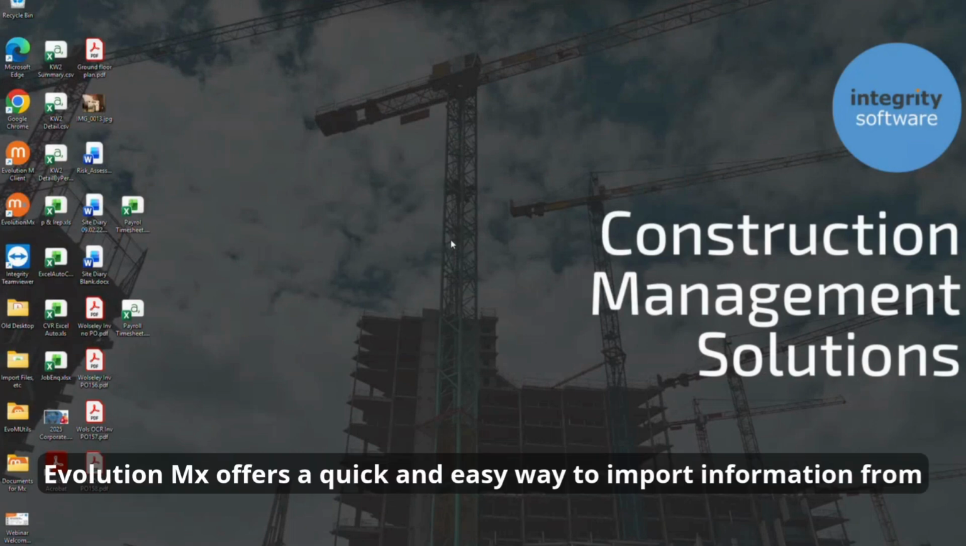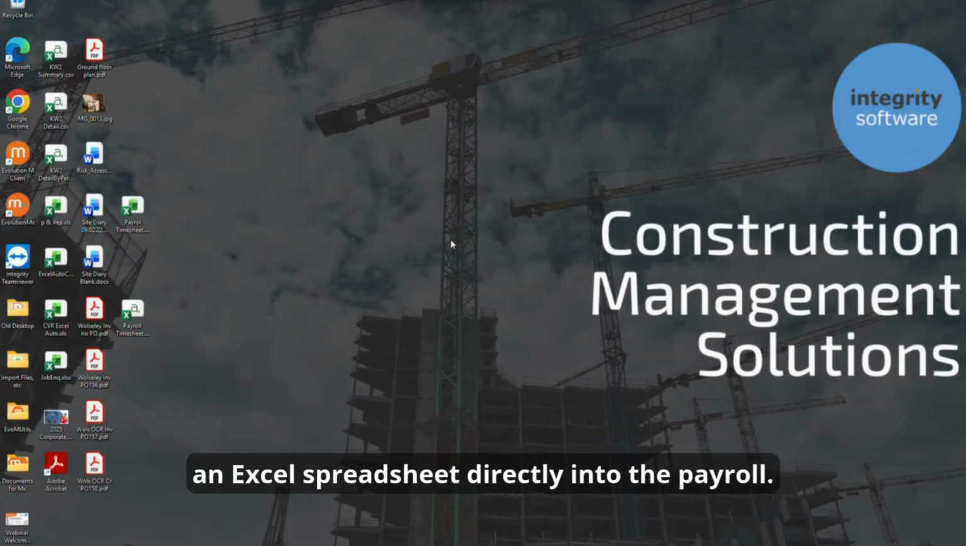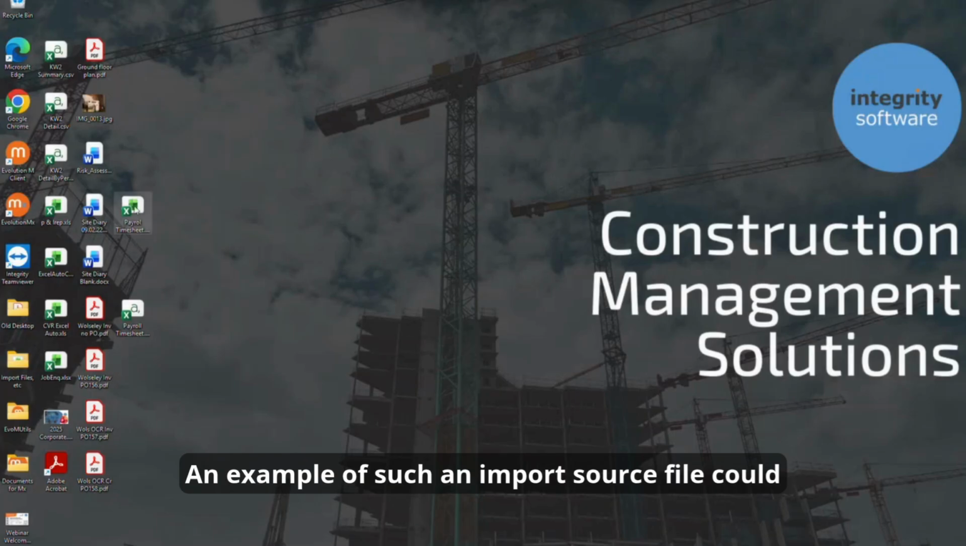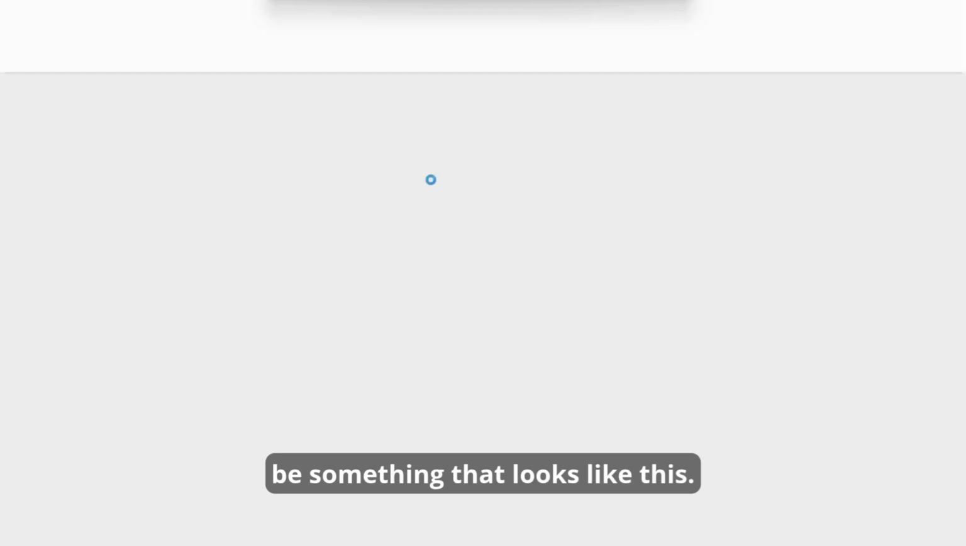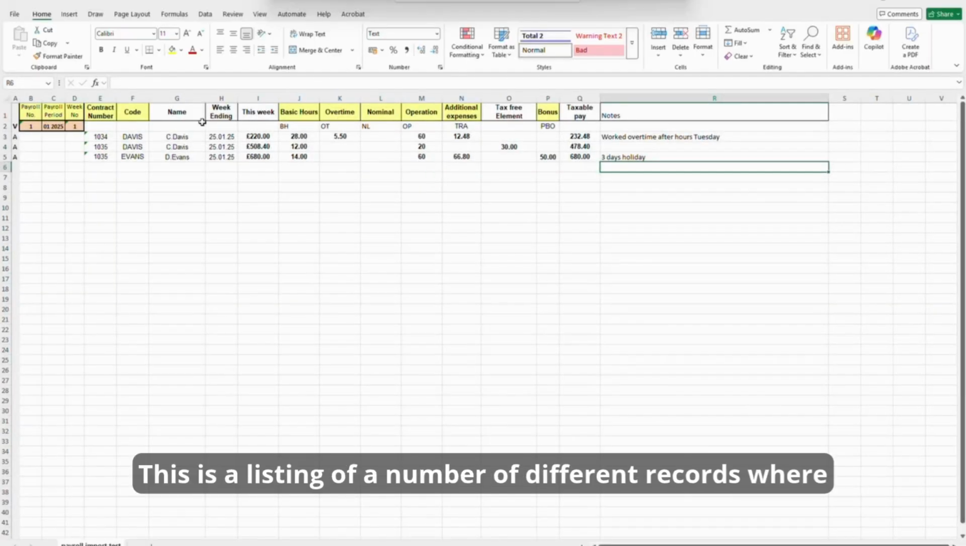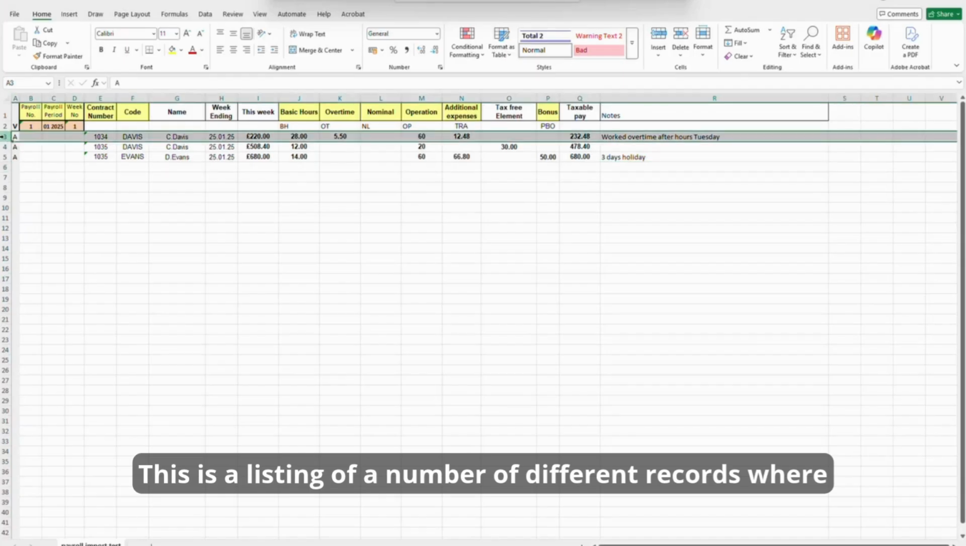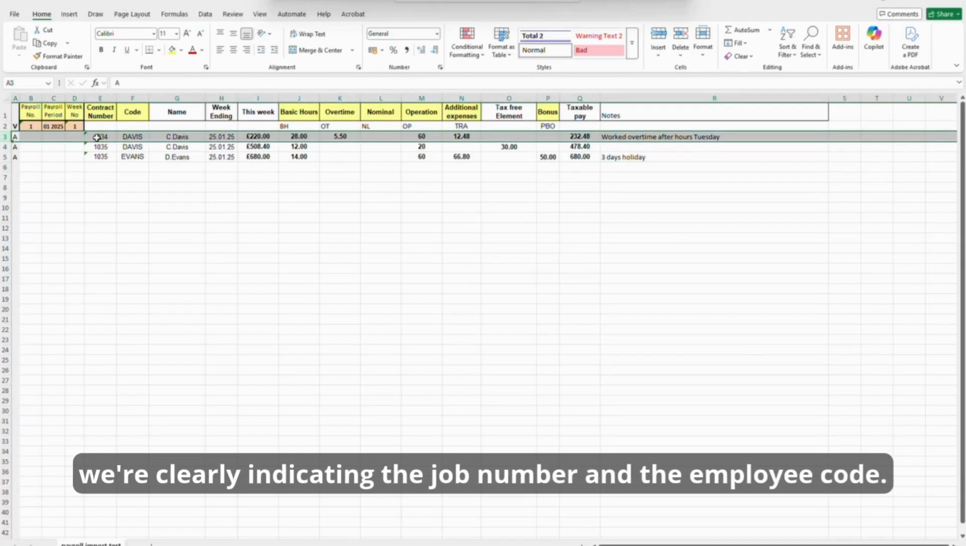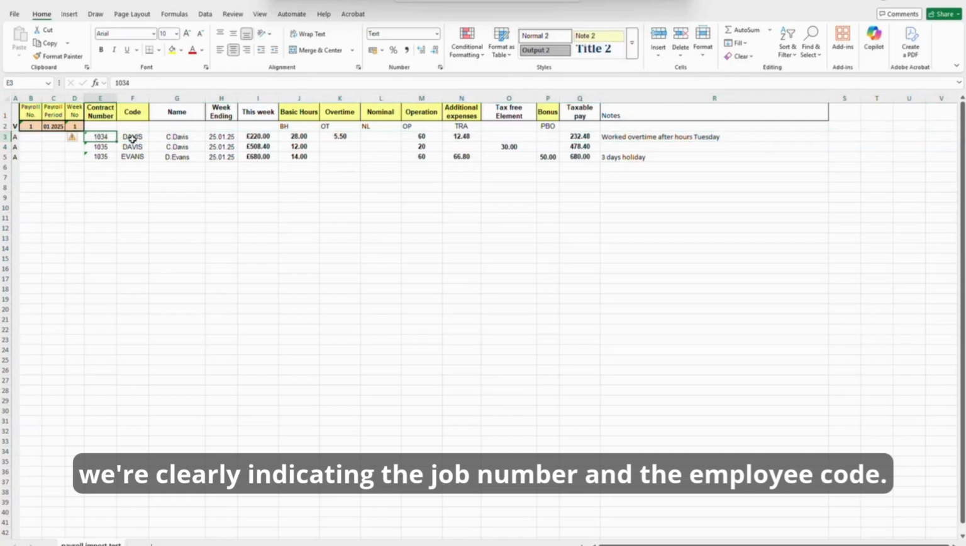Evolution MX offers a quick and easy way to import information from an Excel spreadsheet directly into the payroll. An example of such an import source file could be something that looks like this. This is a listing of a number of different records where we're clearly indicating the job number and the employee